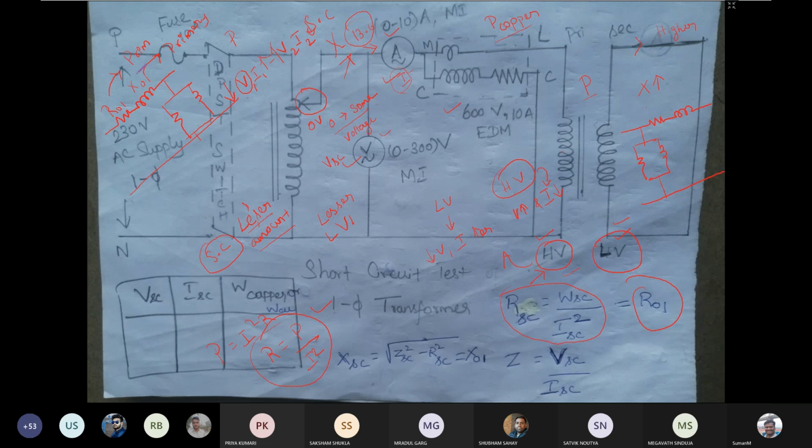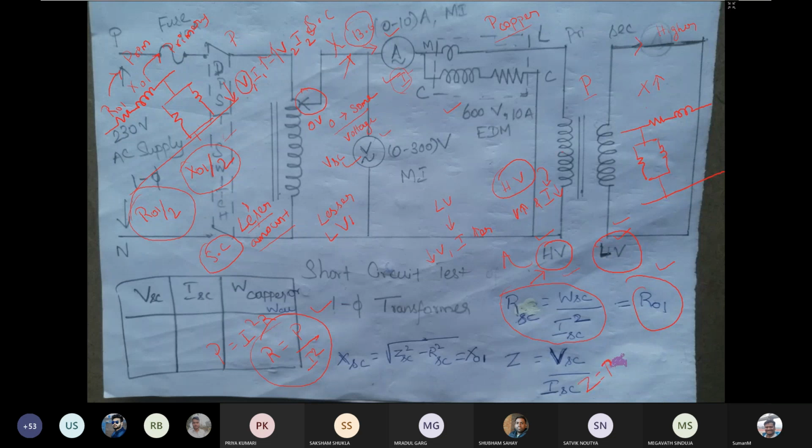It is commonly acceptable that both the values will be the same, meaning the primary side value and secondary side value will be the same. So you can consider that the primary resistance will be R01 divided by 2 and the secondary resistance will be R01 divided by 2. The primary reactance and secondary reactance will be equal, so we can consider that each is X01 divided by 2. So we have obtained this R01. So once you know